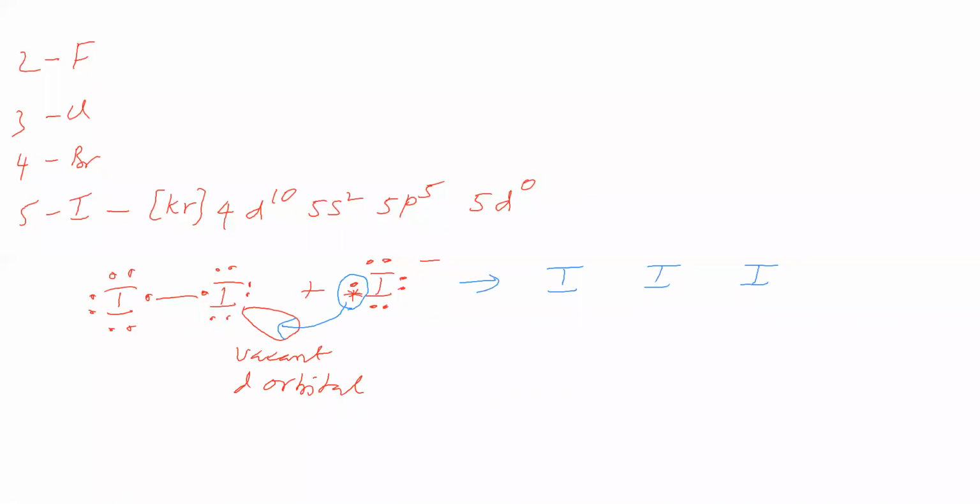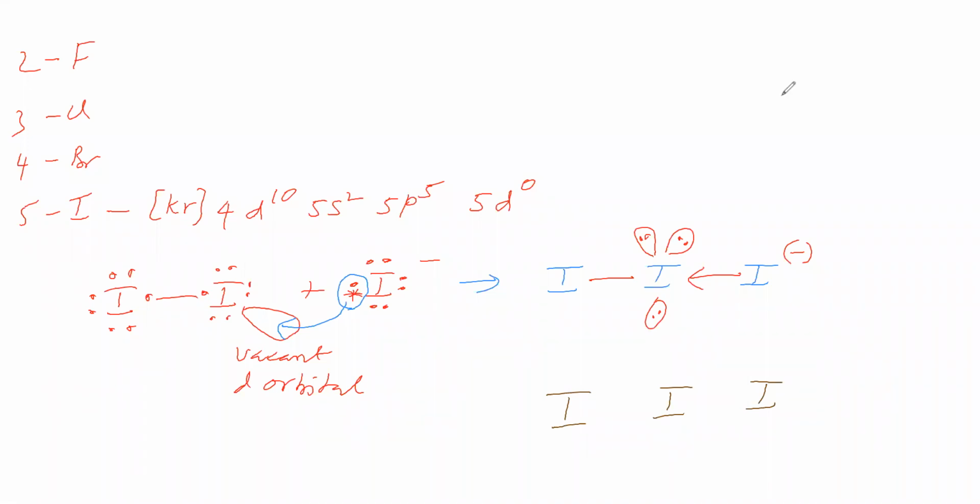Now this we can say is a single bond. Next, between these two a dative bond is possible. Now this iodine has 3 lone pairs in its valence shell. Next, this iodine has a negative charge, which we have written. Next possibility we'll see. Now 3 iodine atoms we have written.